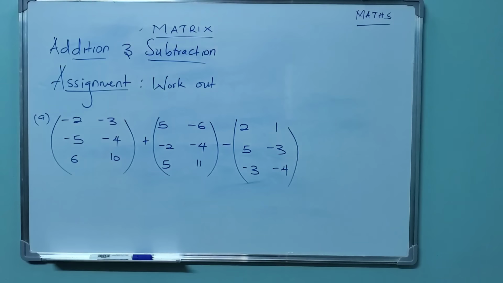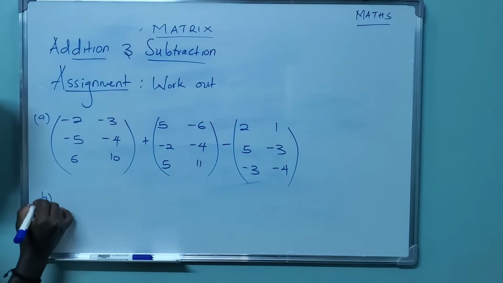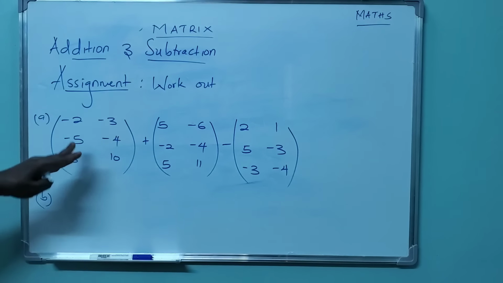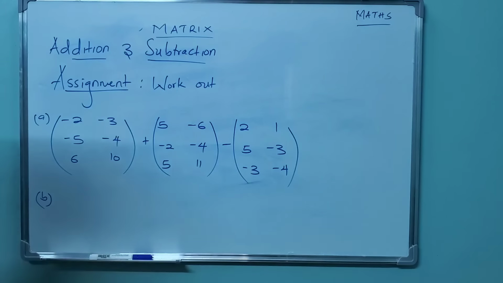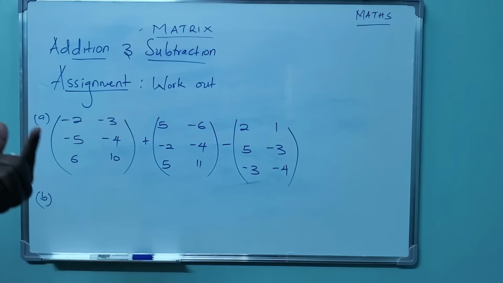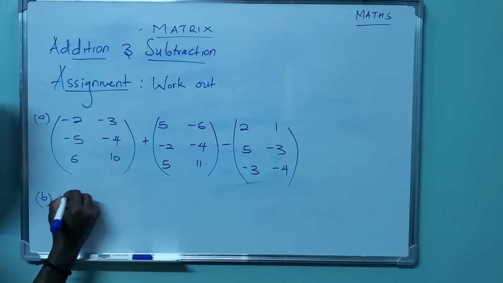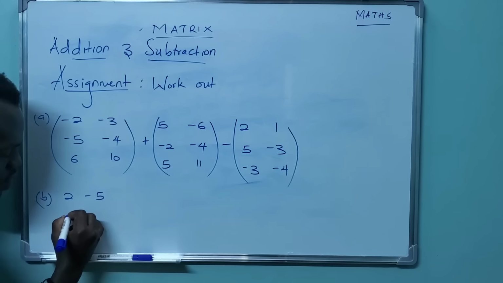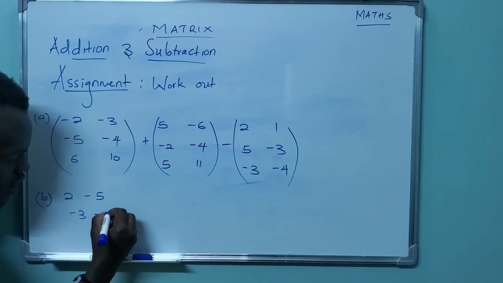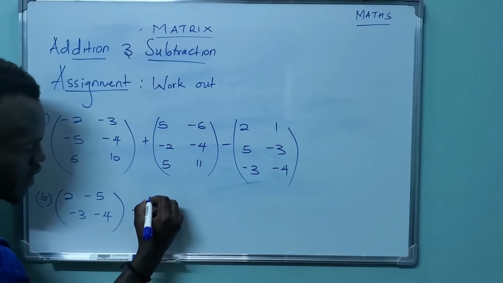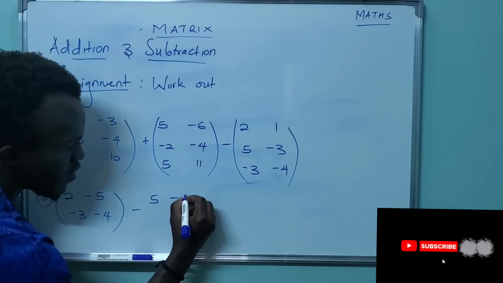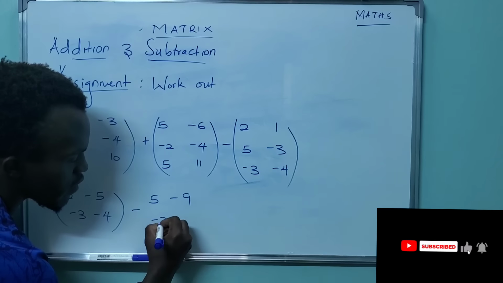So you'll try work out that, and also this second one. So this one we can work it out because all of them have the same number of rows and the same number of columns. So you're just going to identify the position of each of the numbers, then you combine them with the respective sign. So you can also try this: 2, negative 5, negative 3, negative 4, minus 5, negative 9, negative 3,